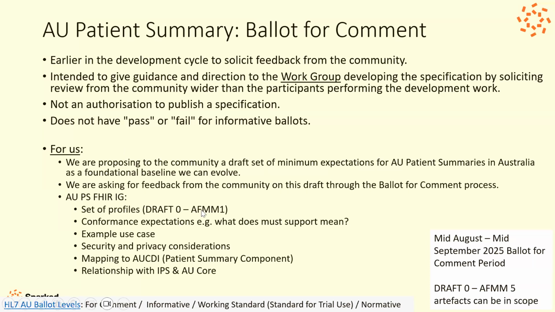Some of these are rules from HL7 AU, some of these are rules from the FHIR standard, and some of these are just the things we actually agreed on when we got together and said, here's what we're going to do in R1 in order to get some meaningful feedback from the community. Now, the ballot for comment is going to be in mid-August to mid-September. I don't know the exact dates. I've got some guesses that it's probably like 11th of August through to 9th of September, based on previous years, but HL7 AU will need to announce when the ballot is for us, but it'll be in that period of time.